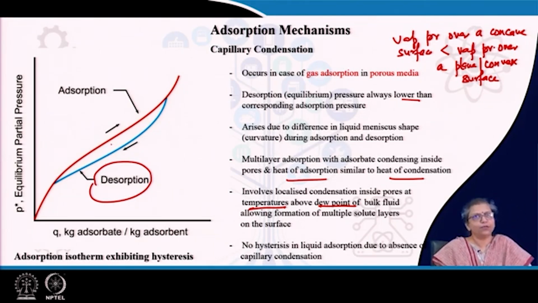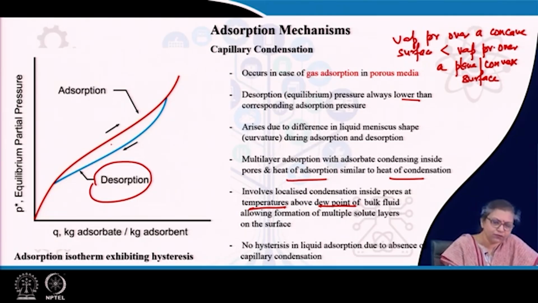This can also be attributed to the difference in the shape of the meniscus. Usually during adsorption we find the meniscus are either cylindrical or spherical, while during desorption the meniscus are always spherical. As a result, the equilibrium curve generated during adsorption is different as compared to the equilibrium curve generated during desorption,